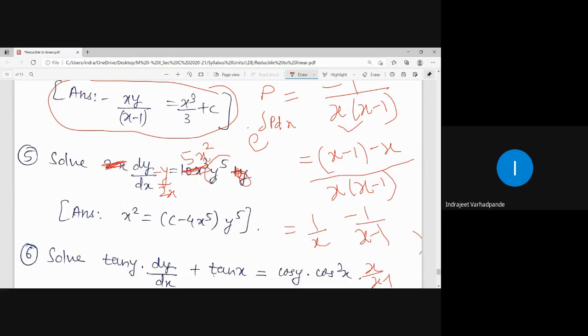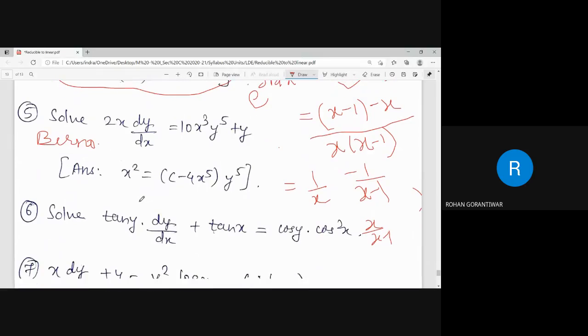Why? Because some power of y is multiplied on the RHS along with a function of x. Did you understand? Yes, sir. So reducible to linear form number 2, which we call Bernoulli's. Okay, so take down the steps. Write the hint down. So this is identified as reducible to linear Bernoulli form. Will you complete it later? Yes, sir.